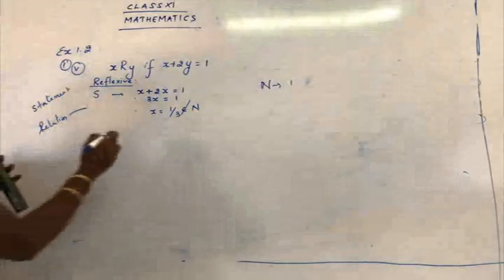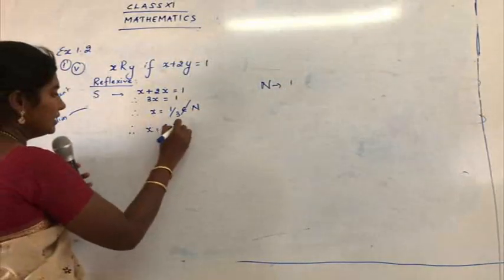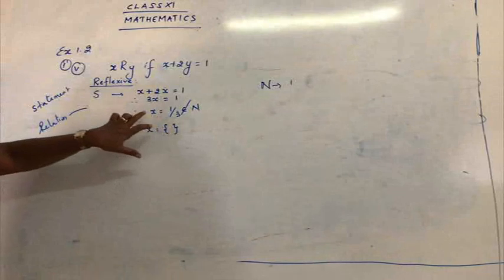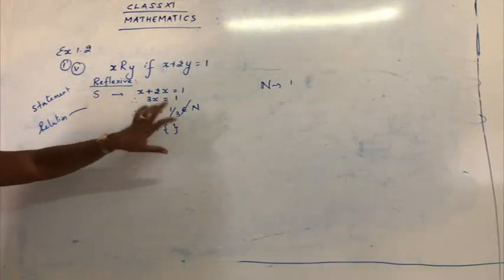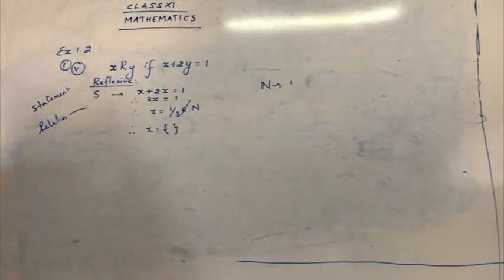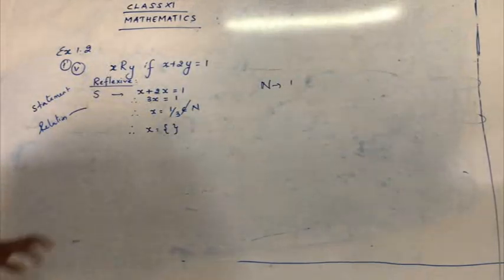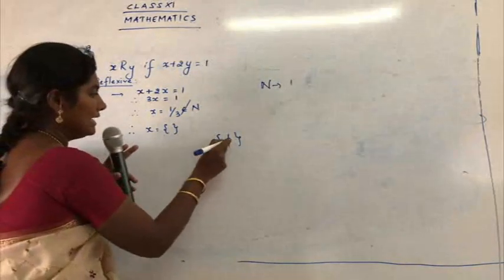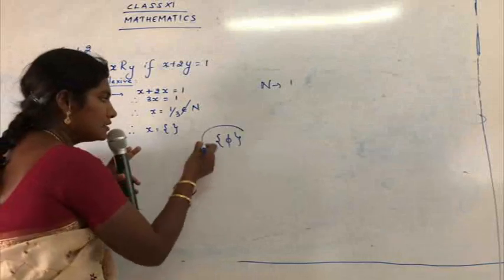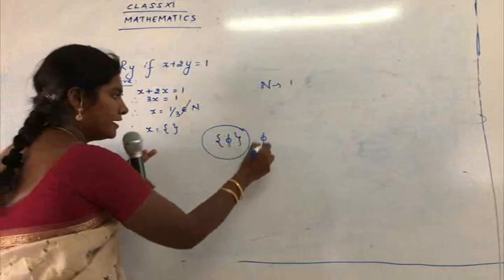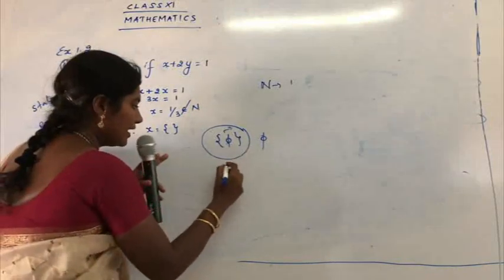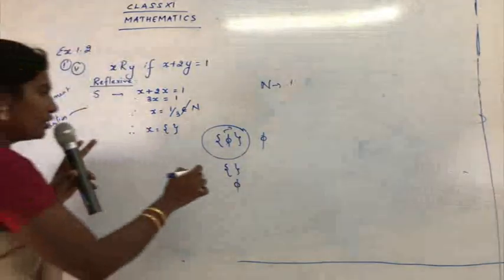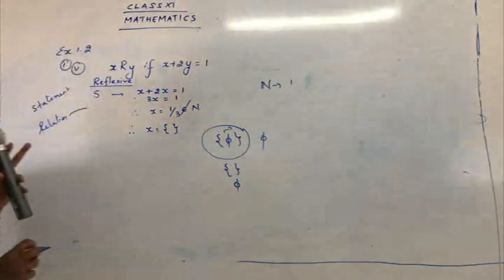So now here you have to say x is equal to empty. Be careful when you present the answer. Why have I mentioned here x is empty? Because I have got the value for x, which is 1 by 3, which is not present in the set of natural numbers. So what's the answer I'm having for x? The answer is empty. Do not write the null in the bracket. This implies that the set is not empty. It has a member 5. Here one member is present, that is 5. So you can write empty set as a null this way, or you can just put an empty set. Do not write both the things together, the meaning changes.